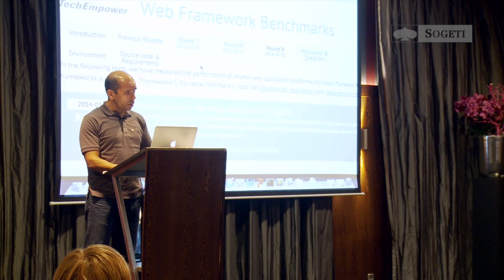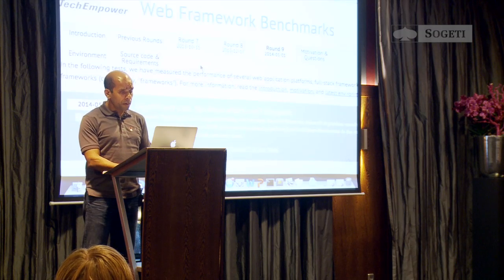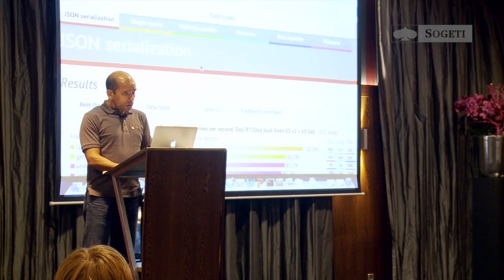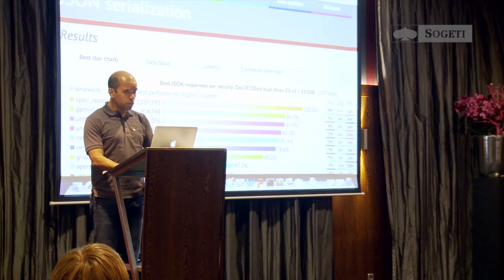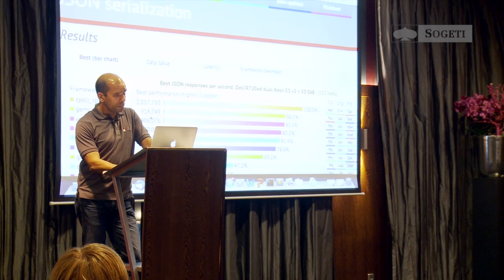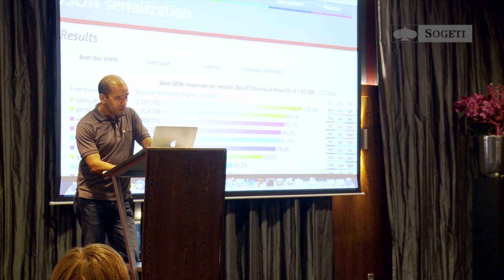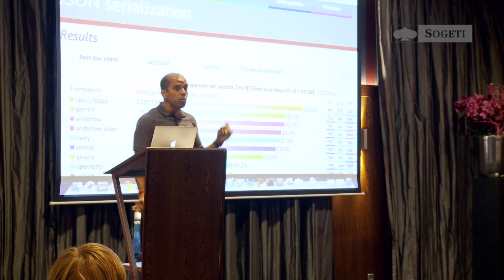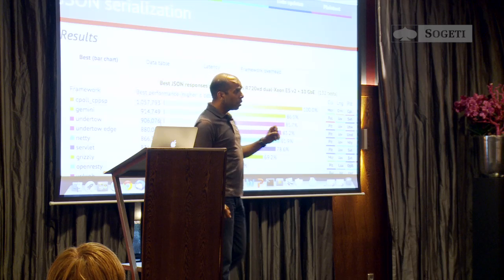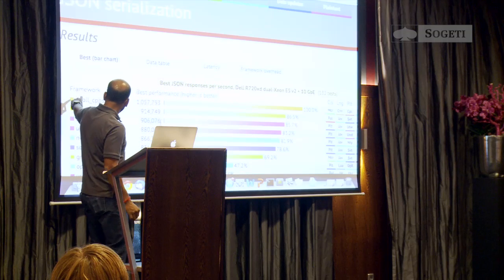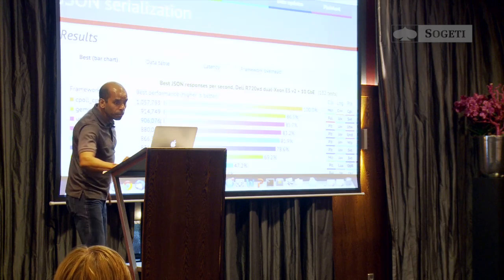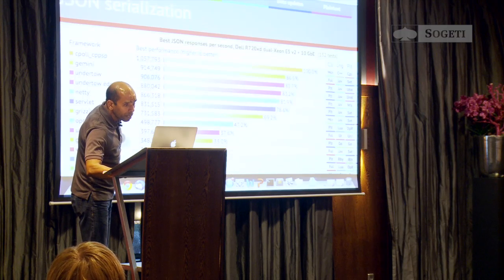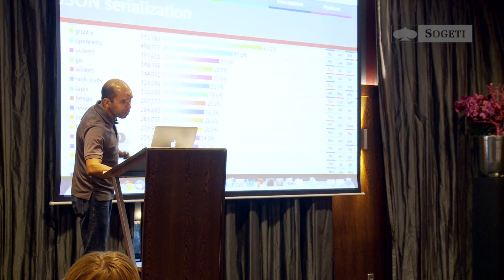TechEmpower.com is a third party which runs benchmarks on different web frameworks. This is the one on JSON serialization, and you can see these are the framework numbers. It shows how many messages are performed per second, and higher is better. Undertow is a brand new web server written as part of Wildfly. Here it is above Netty, Servlet, Grizzly, all of those containers, so to say, Wicket, all of them. It's above all of them.